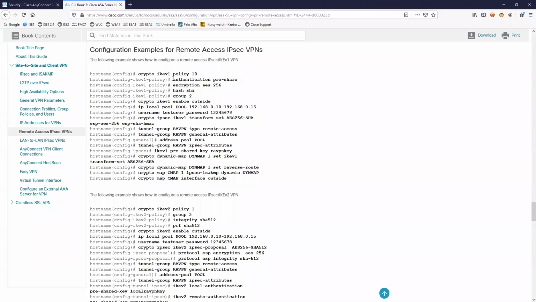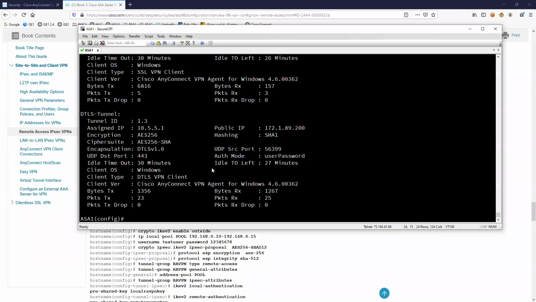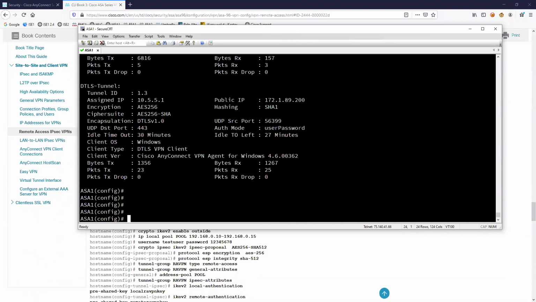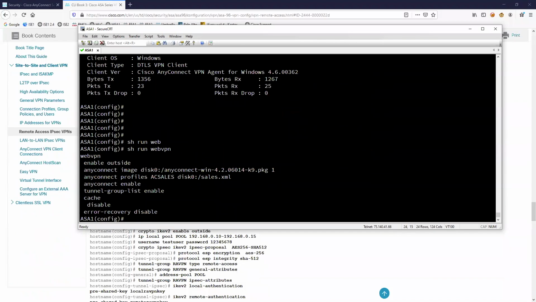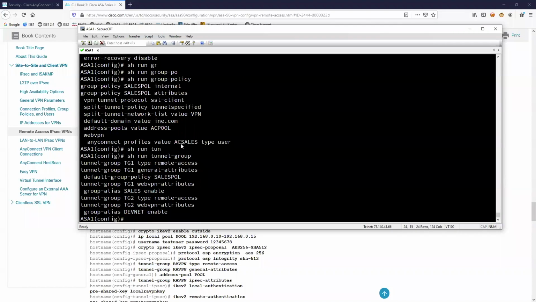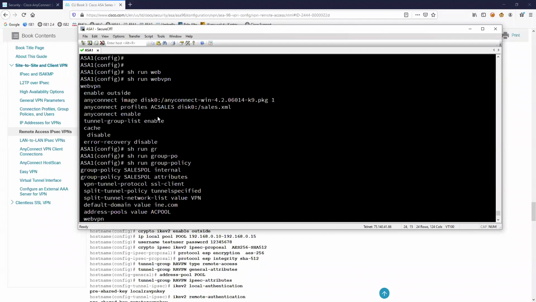IPsec. In case of IPsec, in general you add on top of what I just showed you here. The exception is going to be that you don't do any type of, let's do it once again. We've got web VPN stuff, we've got group policy, and we've got the tunnel group. So the main difference is that you don't do web VPN. I'm talking about pure IPsec. You may still need it, like if you plan to do the network download for AnyConnect, but just for IKEv2,